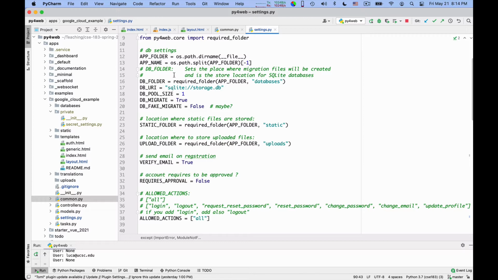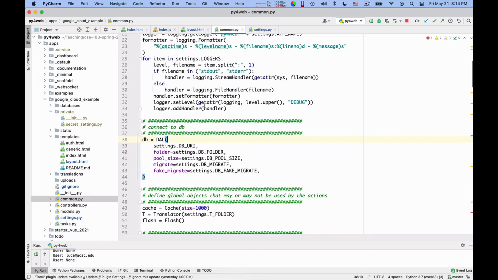But I want to make sure that once we are in the cloud, we are actually going to use the real database. So I need a little bit of configuration there in common.py.